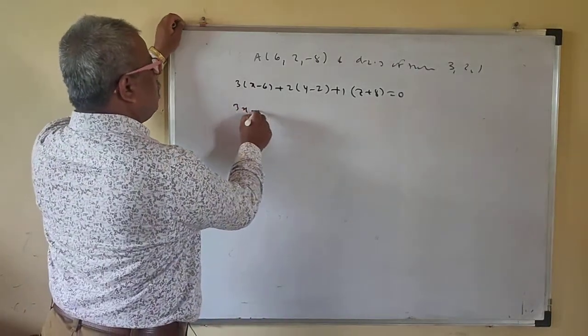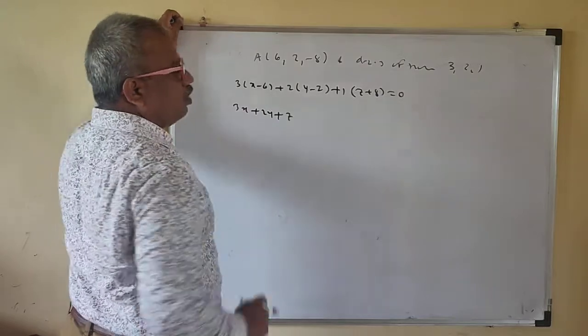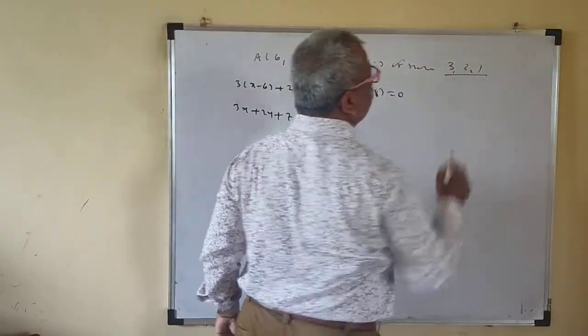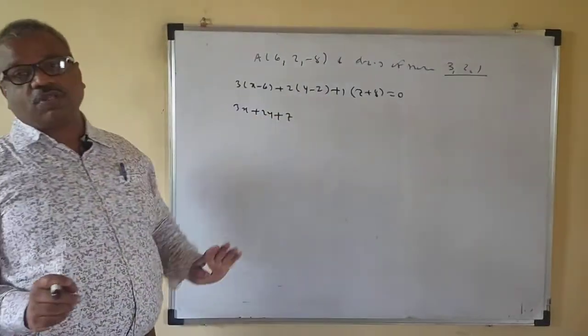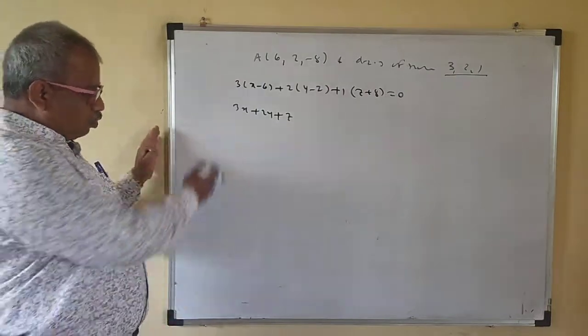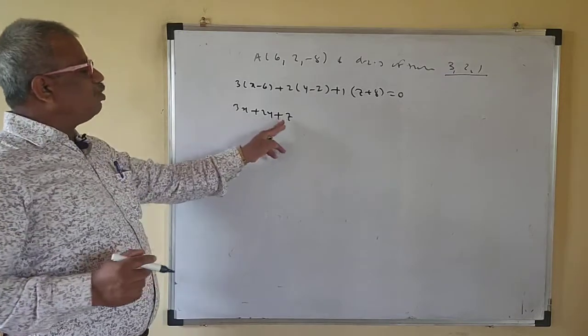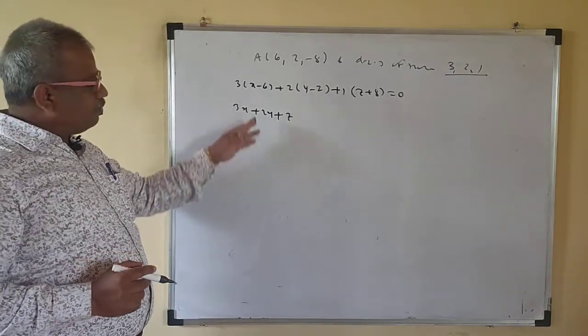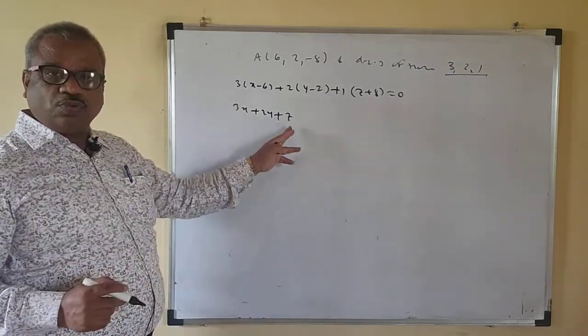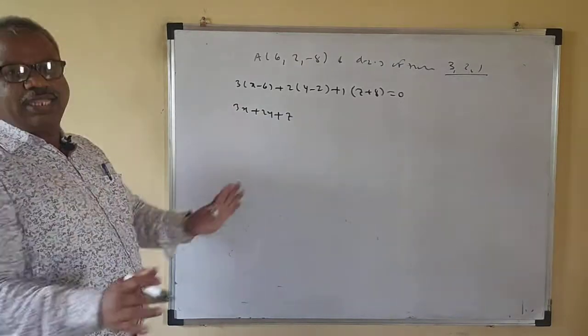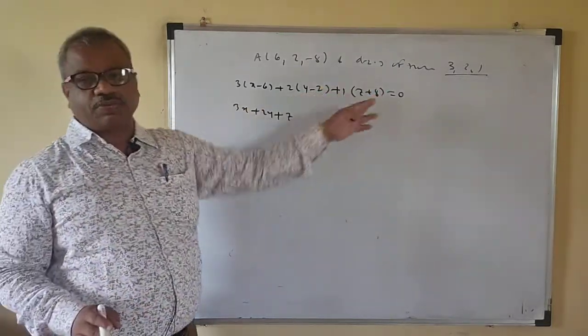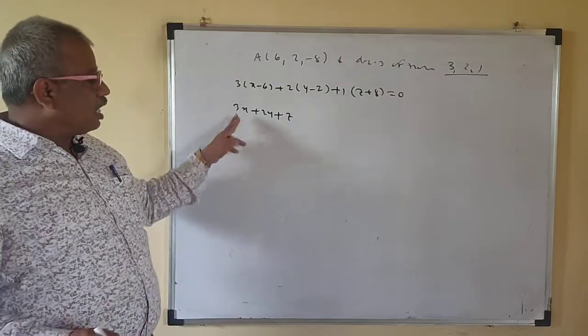So this is 3x + 2y + z. These are the coefficients of x, y, z, because they are the DRs of the normal to the plane. Look at your options where the coefficients of x, y, z are 3, 2, 1. If there is only one option containing these coefficients, that will be the option. No need to do anything more, just observe. But here all the options contain these.